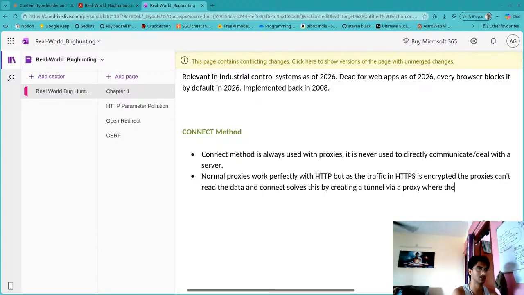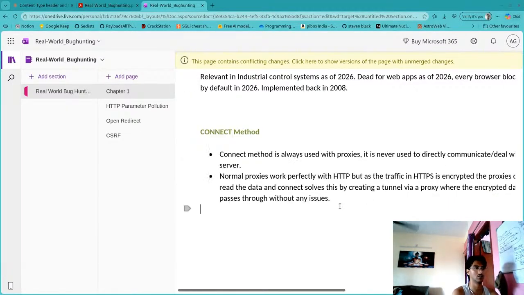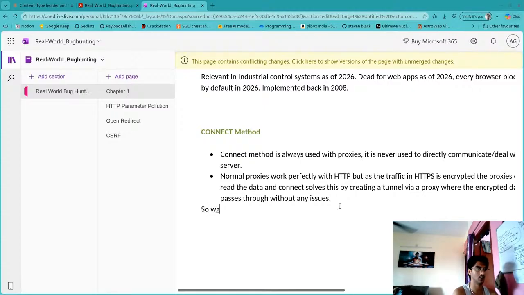Proxy, where the data is processed without certain issues. So why do proxies need to